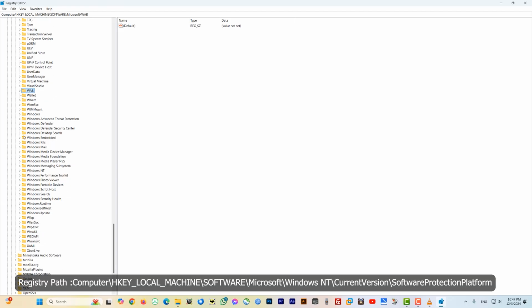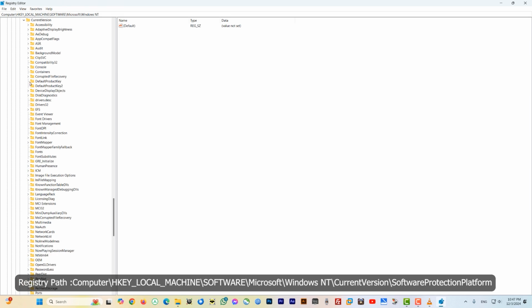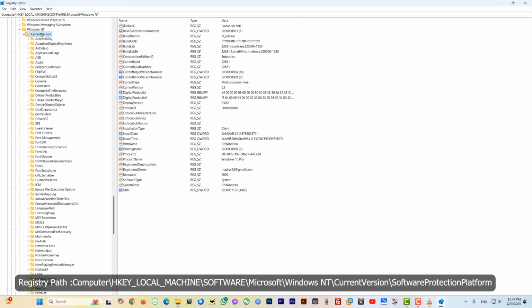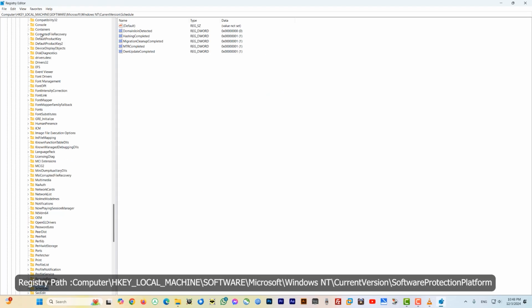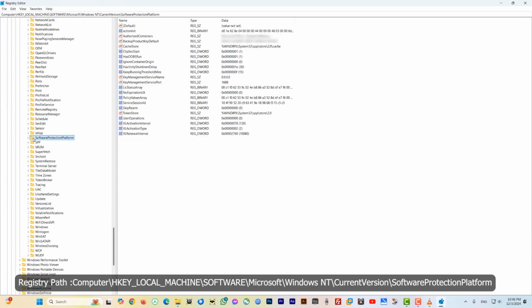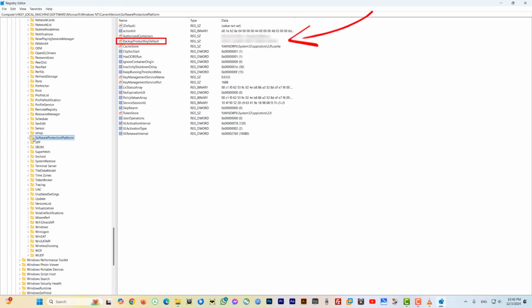So click this Windows NT and now click on CurrentVersion, and from this CurrentVersion just look for SoftwareProtectionPlatform. So just click S and you will find this one here, the SoftwareProtectionPlatform. So click on it, and on this right side pane you can see it has a BackupProductKeyDefault. So this is the key